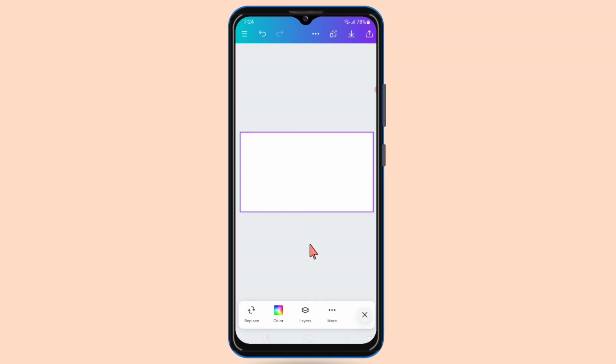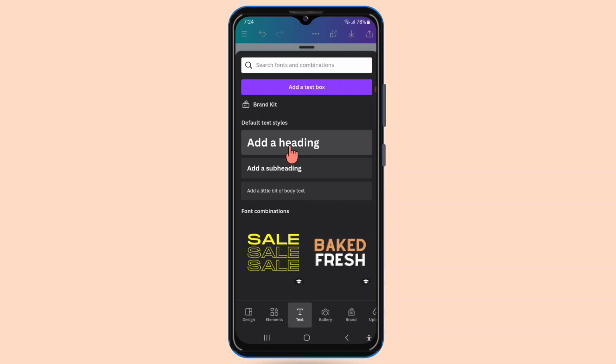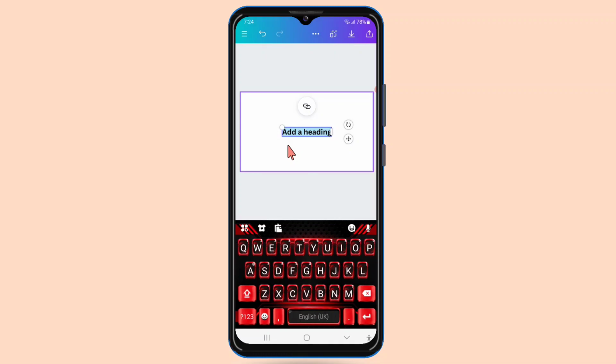After that you have to click on text and select any format. For example, I want to add a heading, so I will click on add a heading. After that I have to write some text. For example, I want to write outline text,